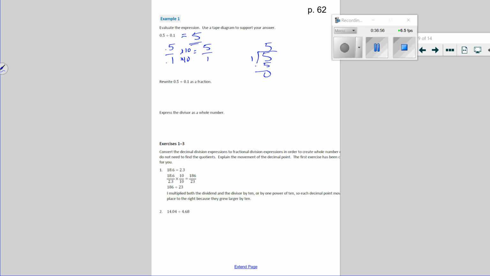Okay. Let's come down to our next one. 186 divided by 23. So they did that initial part for you to show you how to set that up. So this one isn't too bad. 186, build a chart for our 23. Well, yeah, there's more room up there. So 23,